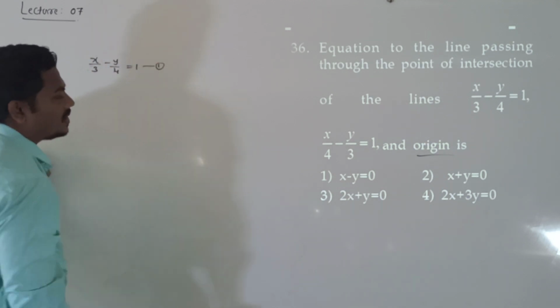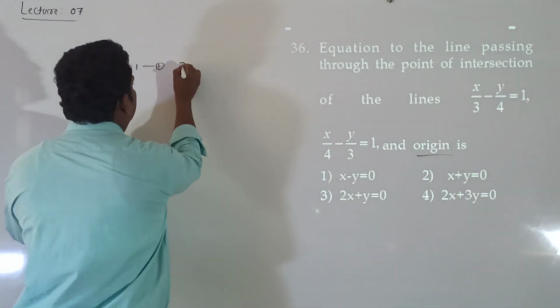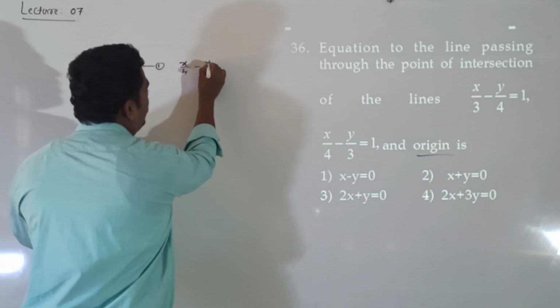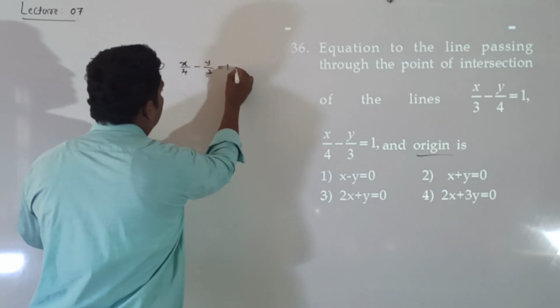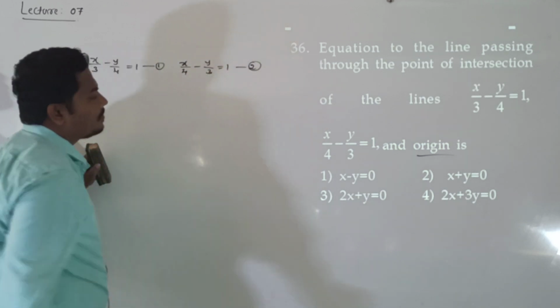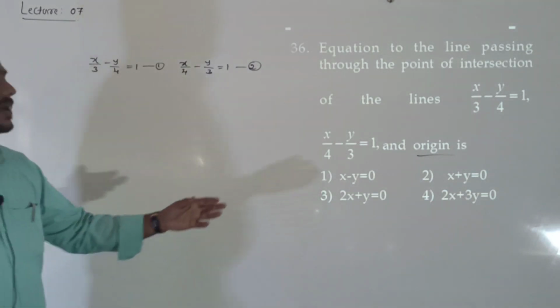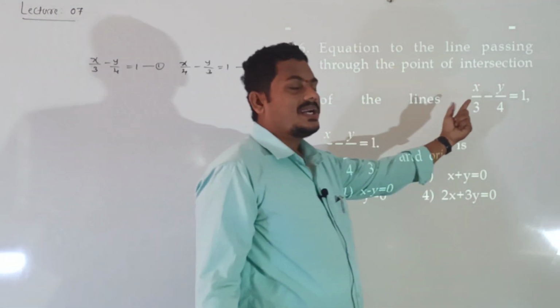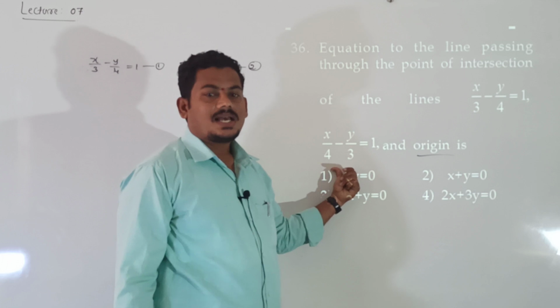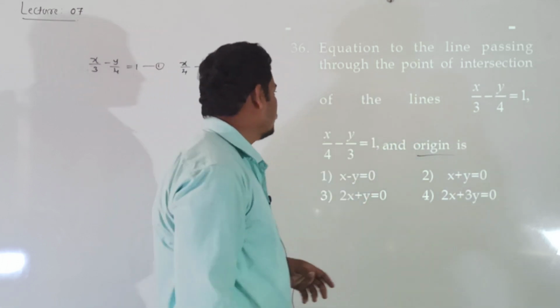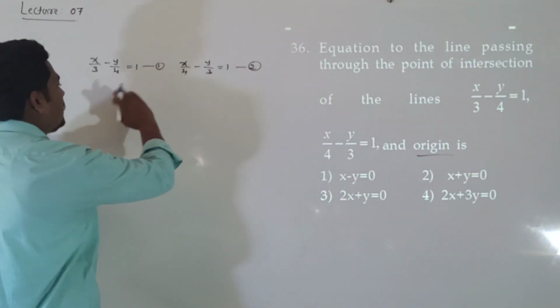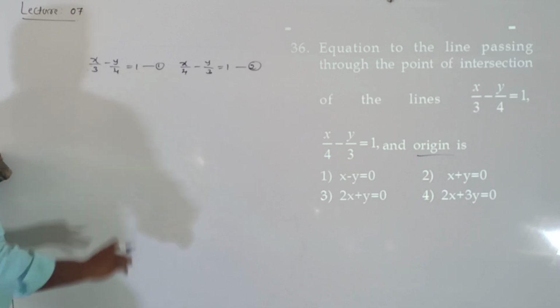Take it as equation number 1. And one more line, x divided by 4 minus y divided by 3 is equal to 1. Take this as equation number 2. Just find the point of intersection by solving these two equations,